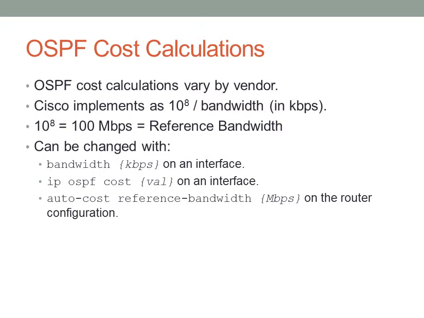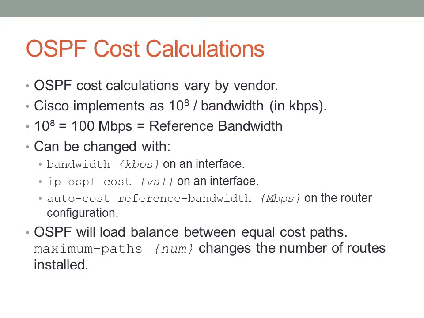And finally, we have that command that I was talking about that can adjust the reference bandwidth. Keep in mind that the reference bandwidth is in Mbps. I don't know why this is, because the calculation is done in kilobits per second. So auto-cost reference-bandwidth will actually adjust that reference bandwidth, that is that top number in the numerator there, to determine your OSPF cost. This is, like I said, very useful if you want your gigabit links to take precedence over your fast Ethernet